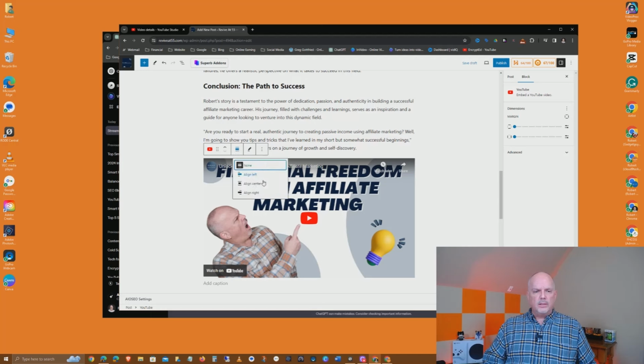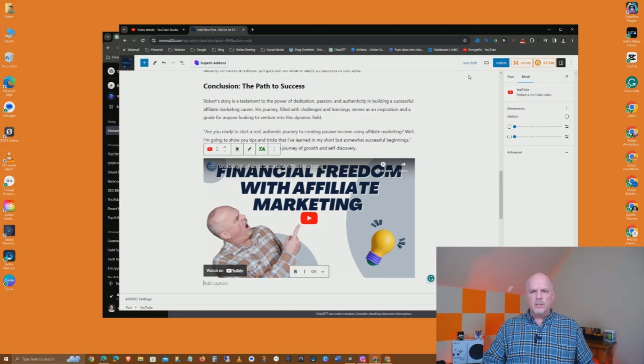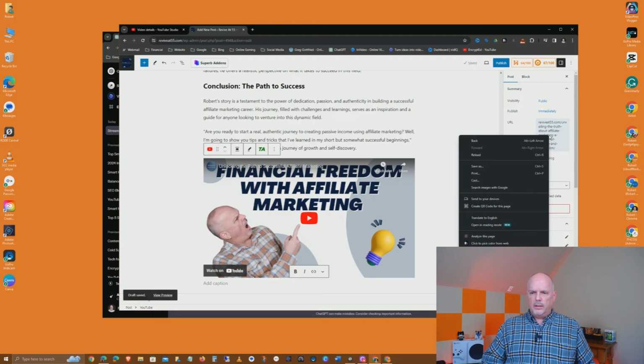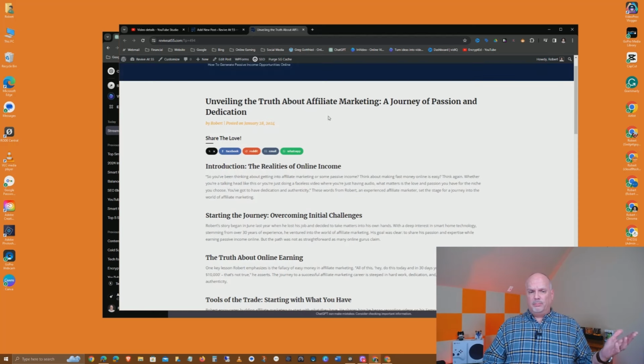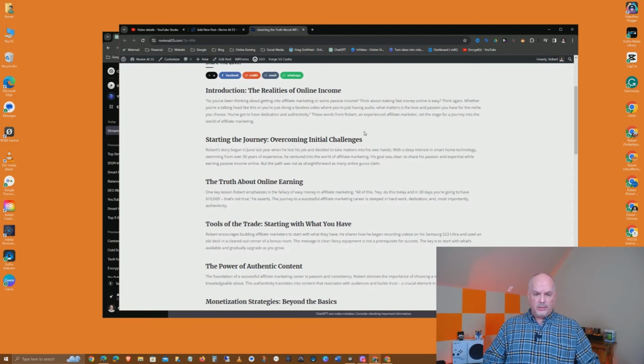Then I'll say align center, so that it's aligned with the text when you view it. And I'm going to click save draft. And so here is what it looks like. That looks pretty great. Again, the normal one, and I'll show you the actual post in a minute, has a picture at the top. But that looks great.